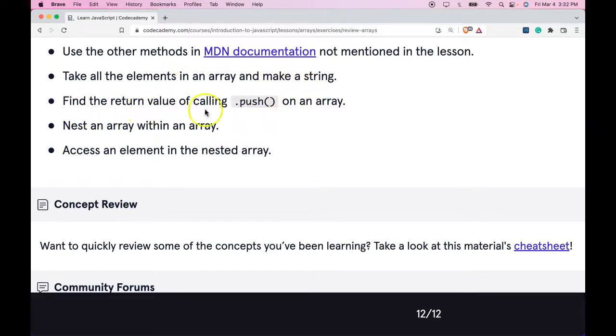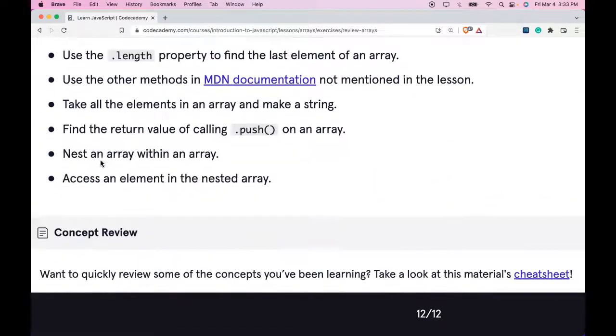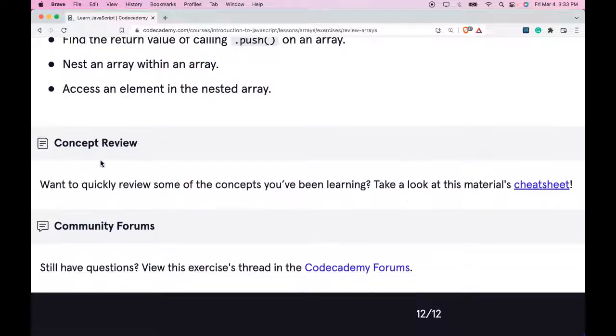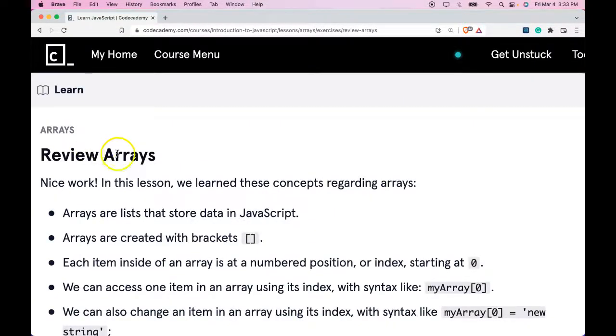Find the return value of calling .push on an array. Nest an array within an array. Access an element in the nested array. Make sure to practice all these before moving on to the next section, and that was the array section in